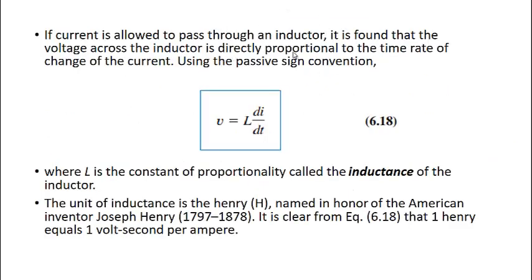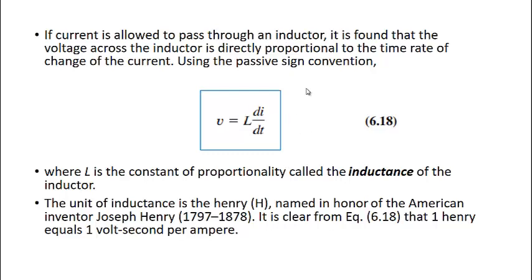You can see it from this equation, because an instantaneous change means di by dt will be infinite, and for that case we have to supply an infinite voltage, which is practically impossible. Or we can say a voltage will appear whose value is infinite, and it may practically damage the inductance itself or some other equipment as well. So practically an inductance will not allow the instantaneous change of the current.